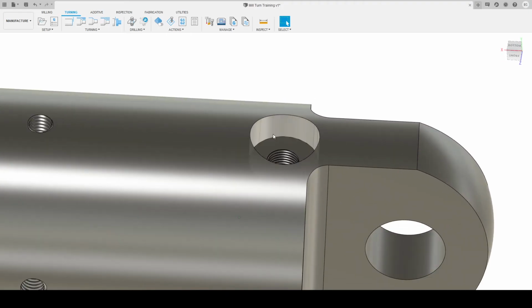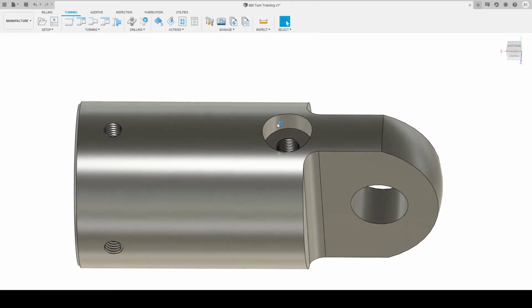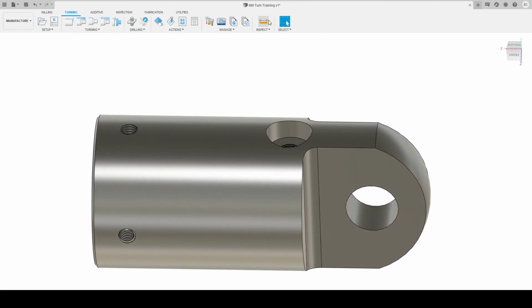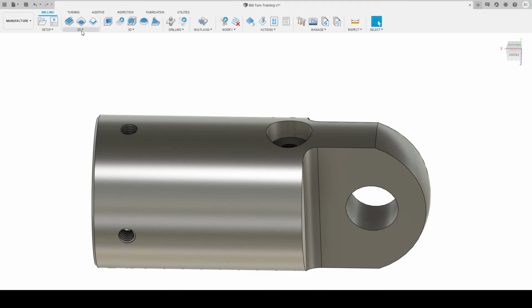Okay, let's tackle this bore and this tap. So what size is this bore? We can go to measure, turn off our snap points, and then select this wall. Okay, that's a 20 mil diameter. So what we'll do is we will bore this out. So we'll go milling, we'll go 2D bore,